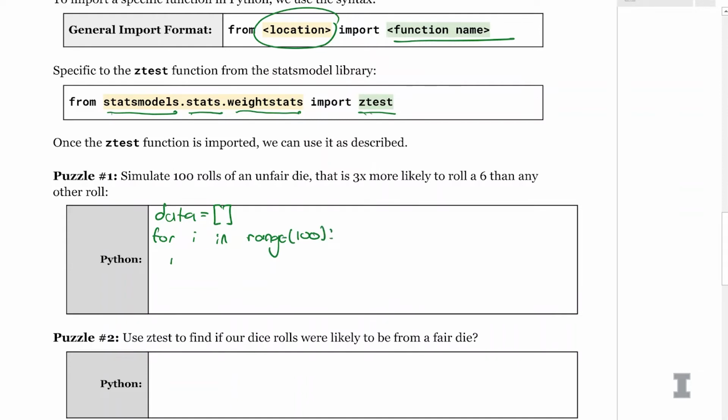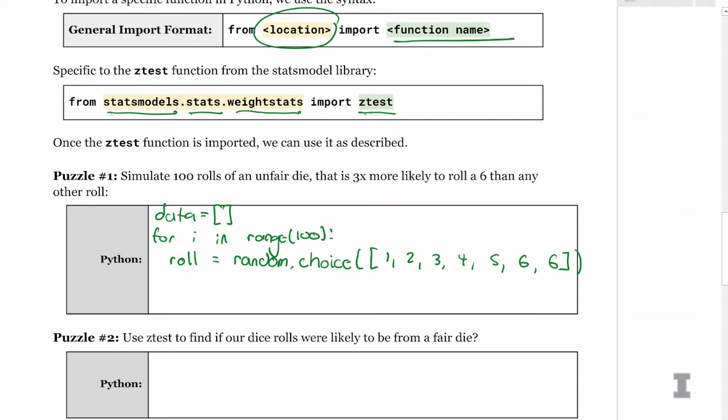I'm going to say my roll is equal to random.choice, and in my random.choice, I'm going to give a list that contains 1, 2, 3, 4, 5, 6. Then at the end, I'm going to add an extra 6 to the end of my list. So my list has 7 elements in it, 1 through 6 with an extra 6 tagged on at the end.